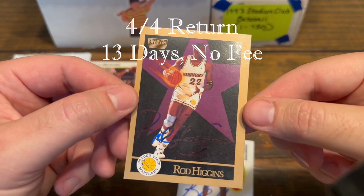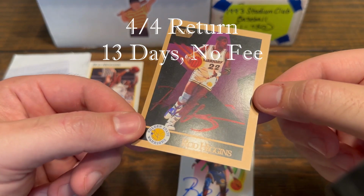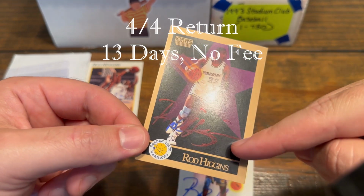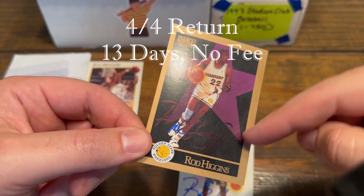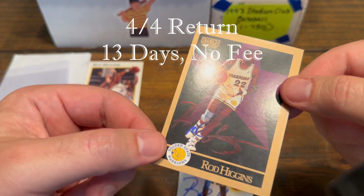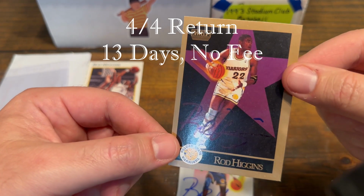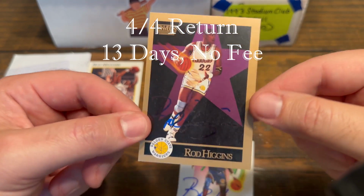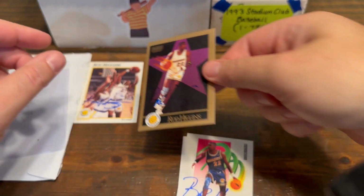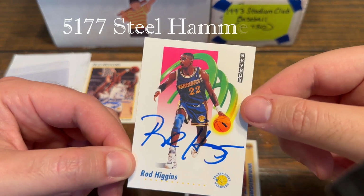91 Skybox here, 1990-91 Skybox, I should say. Now again, these are some of my favorite cards to get back. However, sometimes when there's too much black, like in this card here, and depending on what color they use, in this case blue Sharpie, it didn't come out super great. You can still see it when you turn it like that, but when you're looking at it kind of face on, it's a little bit hard to read. But still, I love these 90-91 Skybox cards almost as much as I love the 91-92 Skybox, which is my